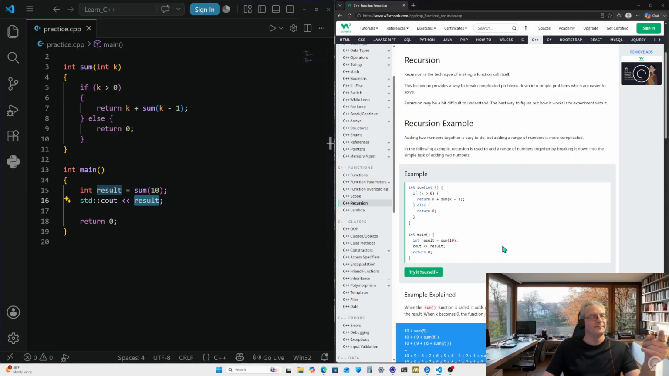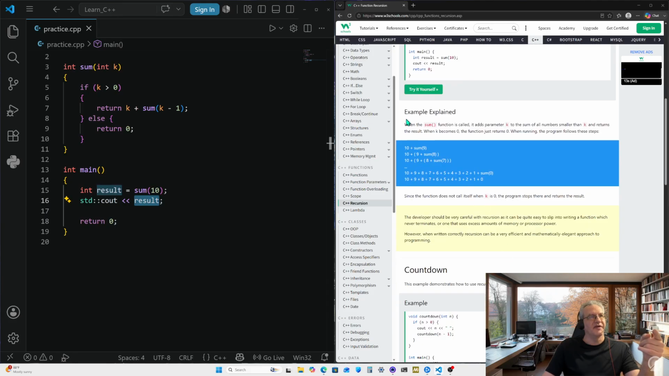But let's go back to over here, and we have an example explained area. So even if I said something wrong, it looks like it's going to explain exactly right here. When the sum function is called, it adds parameter k to the sum of all numbers smaller than k and returns the result. When k becomes 0, the function just returns 0. When we're running, the program follows these steps. So 10 plus the function argument 9, 10 plus 9 plus function argument 8, 10 plus 9 plus 8 plus,